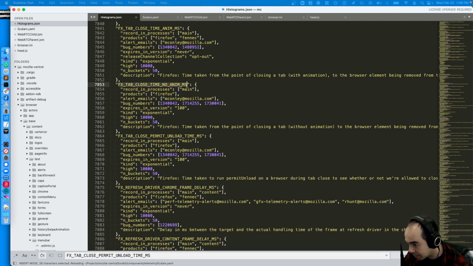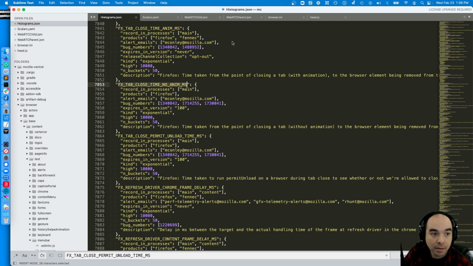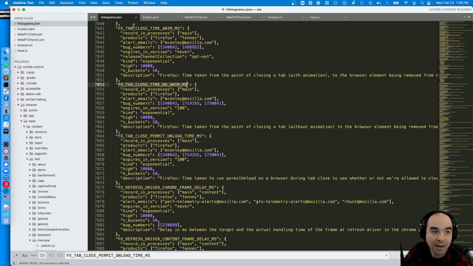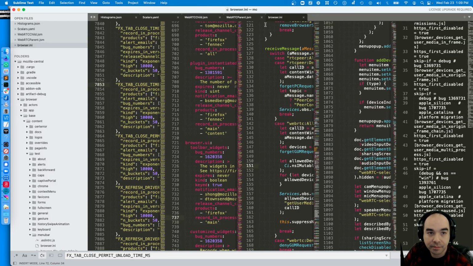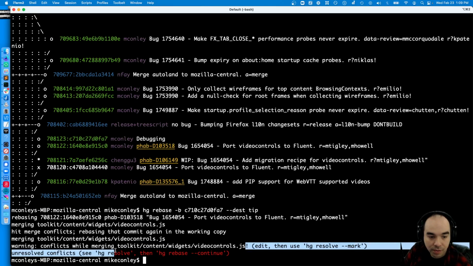Okay. We're going to open up a new window maybe. Where did it go? Where are you, Sublime Text? I said open up. Do I just have to say new file? Oh, I'm looking at it. What is wrong with me? It's right here. Okay, so here we are, and I'm going to close these because they're not relevant. What I want to open up is this file, videocontrols.js,